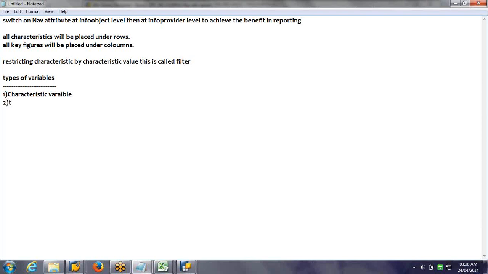Characteristic variable, text variable, formula variable, hierarchy, hierarchy node variable. So different things like